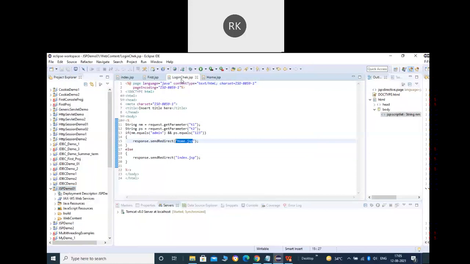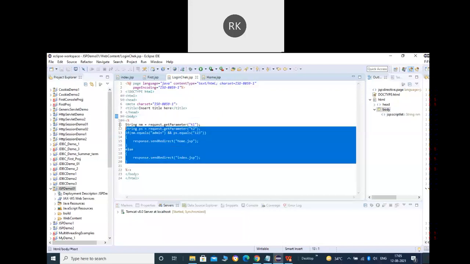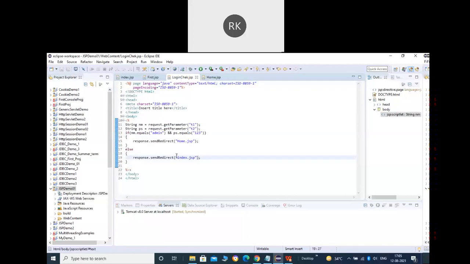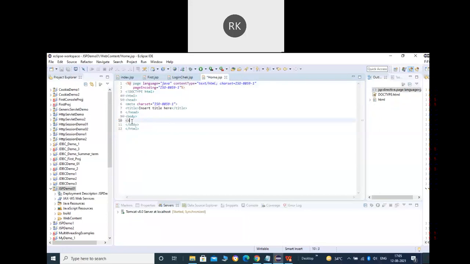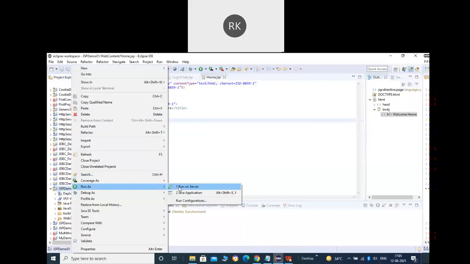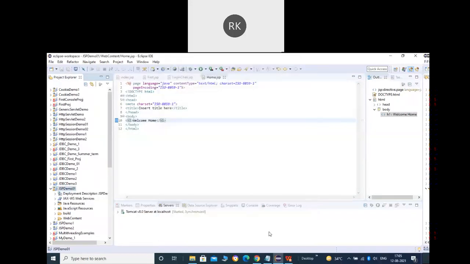But as I told you, you should define the pages as JSP if they will have less Java code. So here you can see, for example, the login check. You can observe that the login check requires most of the logic written in the Java programming language. So it is always recommended to write the login check as a servlet, not as JSP. But here, because we are learning JSP, that is why I have created it as a JSP page. But otherwise it is recommended to create it as what? As a servlet. Because that will make your task easy.